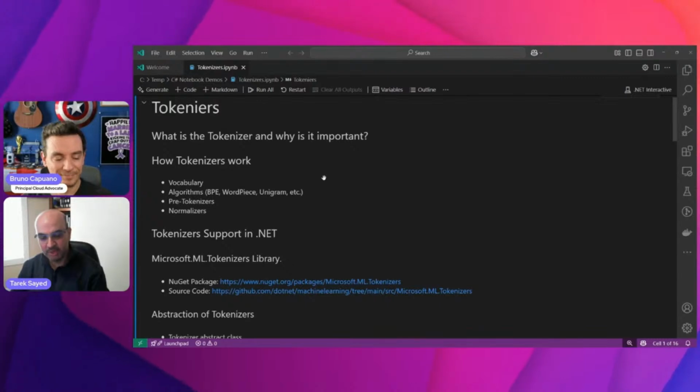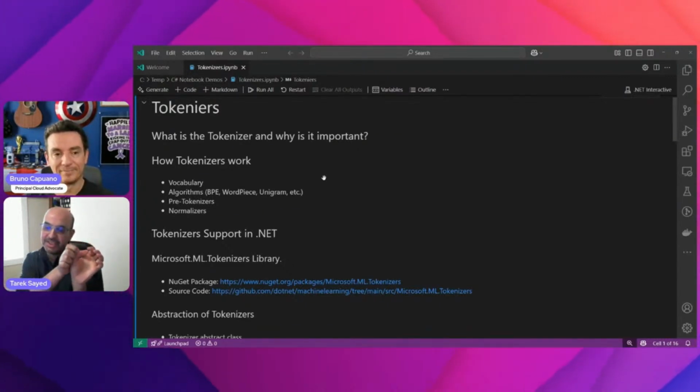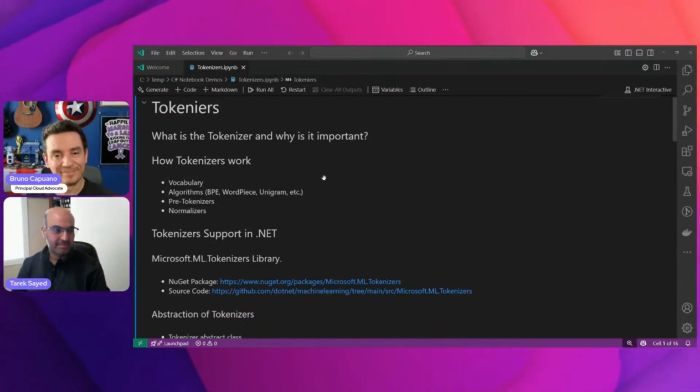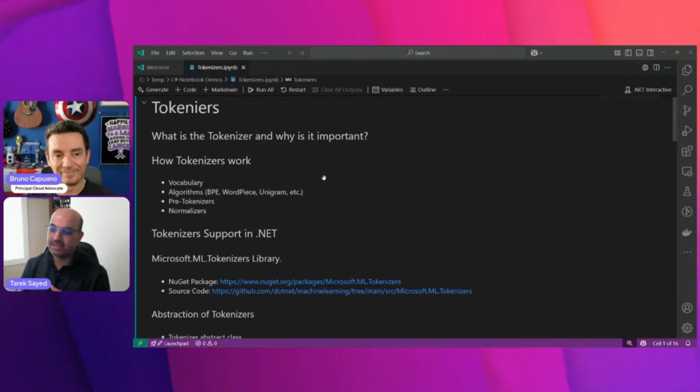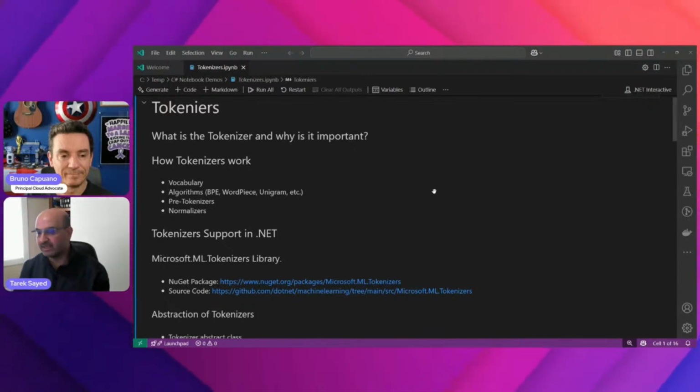You can think of a vocabulary as a kind of dictionary, mapping token strings to token IDs. This is a simple way to put it. But every tokenizer uses the vocabulary in different formats. For example, we have a tokenizer called BPE, byte pair encoding, and its vocabulary is a JSON file which has a dictionary inside mapping the tokens to the IDs.